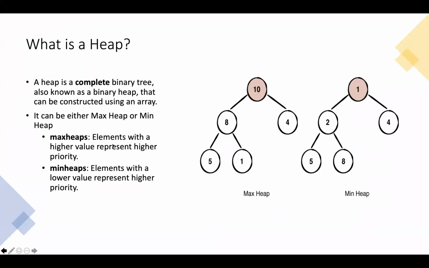So a complete binary tree may not be full. A full binary tree is one where all nodes have either two children or no children. This is also not a full binary tree, but it is a complete binary tree. A full binary tree should have both children, like 4 should also have 2 nodes.